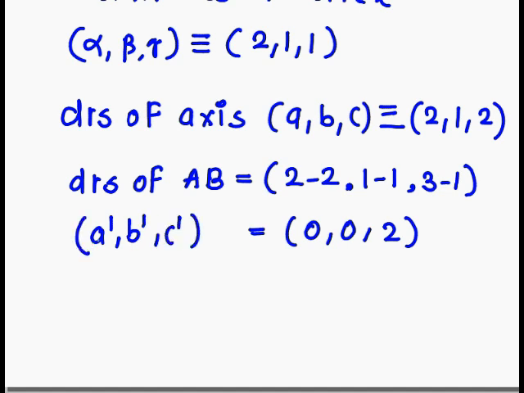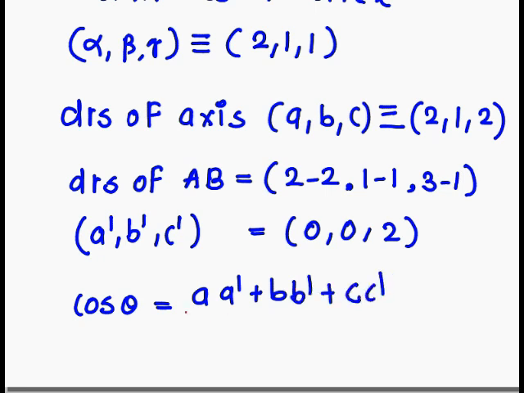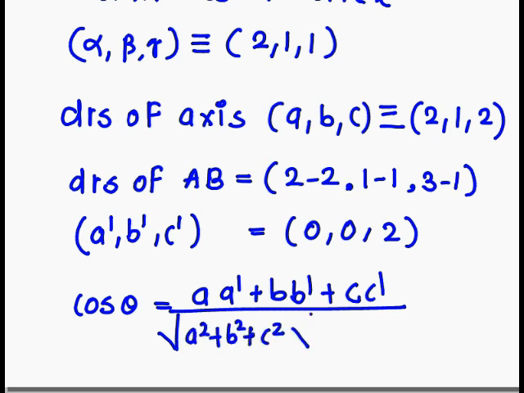Now to find the angle between the axis and the line AB, we know the formula, that is cos theta is equal to (a a dash plus b b dash plus c c dash) divided by square root of a square plus b square plus c square, times square root of a dash square plus b dash square plus c dash square. So by substituting the values we get,